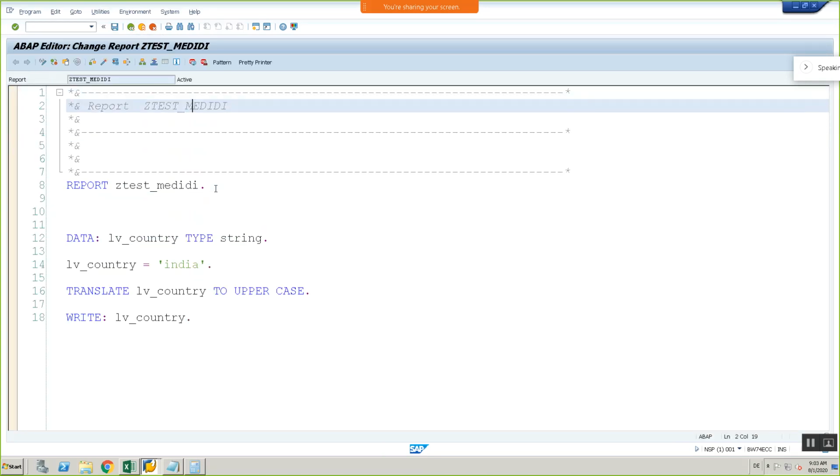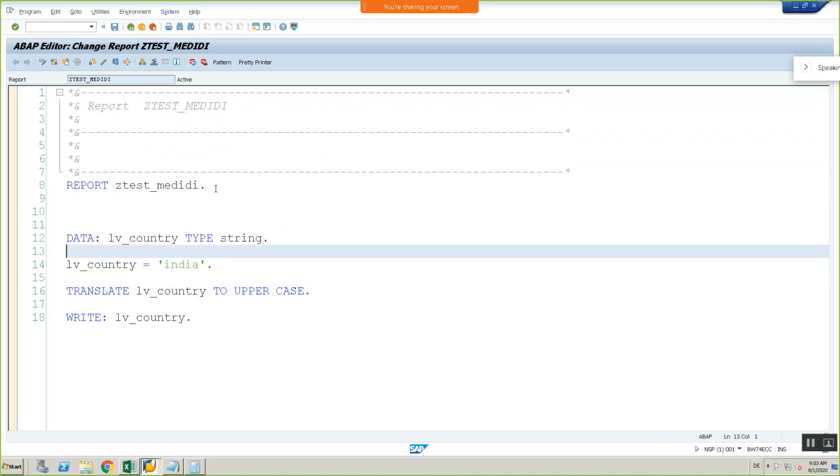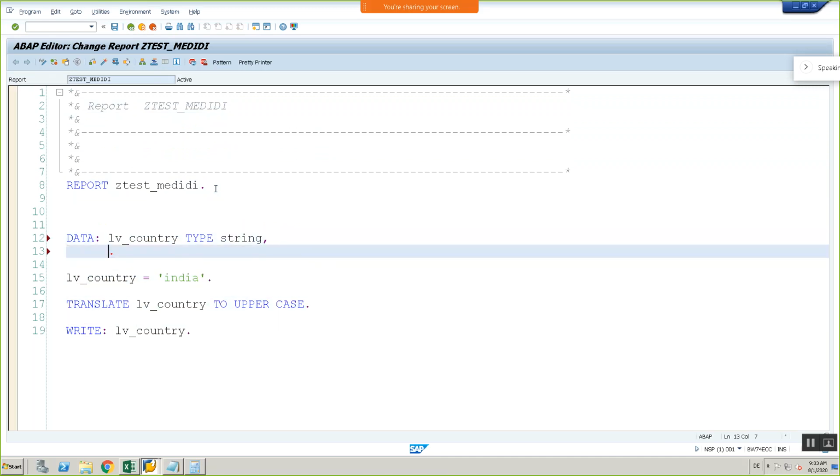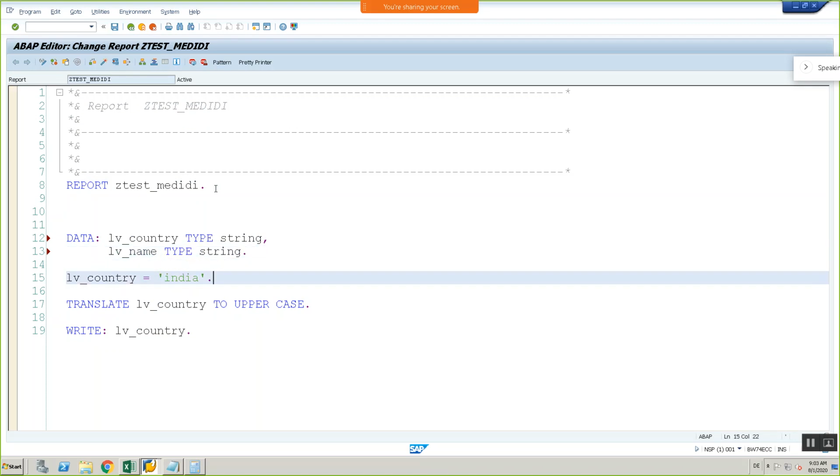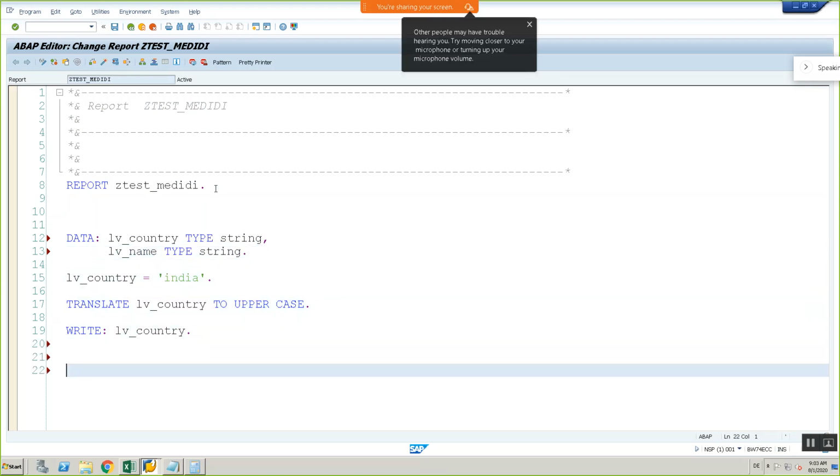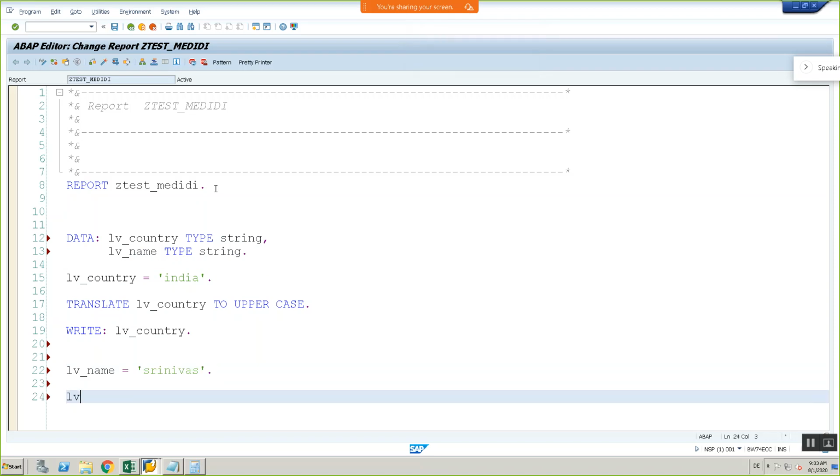Now take another one. Define another variable lv underscore name type string. In lv name assign some name. Let's take Srinivas. Now write translate. Whenever you write tra, the system is proposing these hints, right?